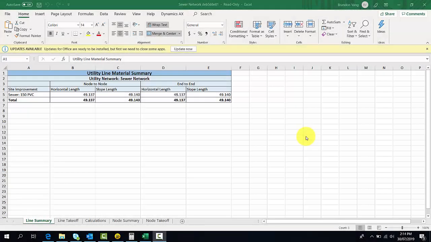So the utility takeoff report generates a report based off the utility network selected. In this tab, the line summary, it shows the node-to-node length and end-to-end length. This will vary if you've chosen to calculate from the inside or outside of the pipe. The next tab, the line takeoff,